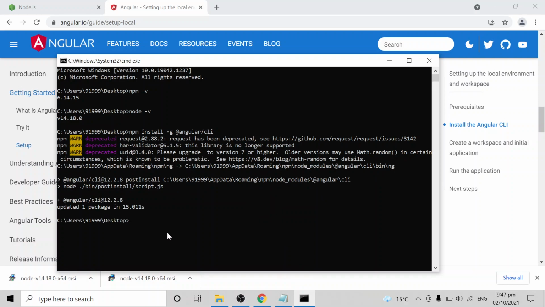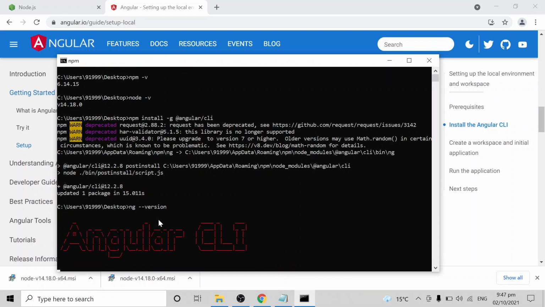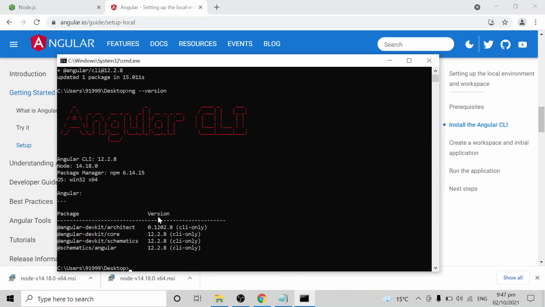Okay, so Angular CLI has been installed successfully. After the Angular CLI has been installed, you can access it using the ng command. If you want to check, ng --version, you can see it is successfully installed, and we have Angular CLI version 12.2.8. Now it is 14 point something, you can see it.